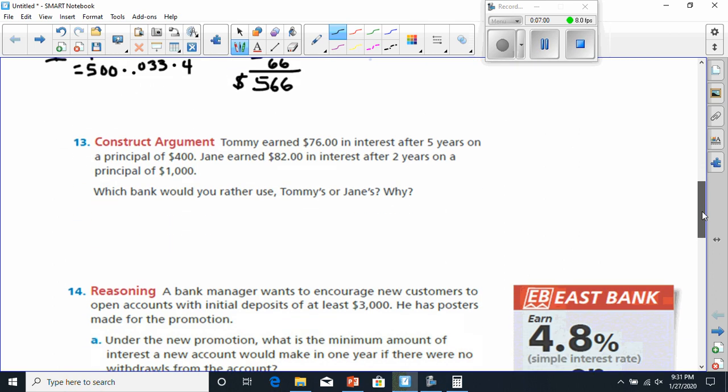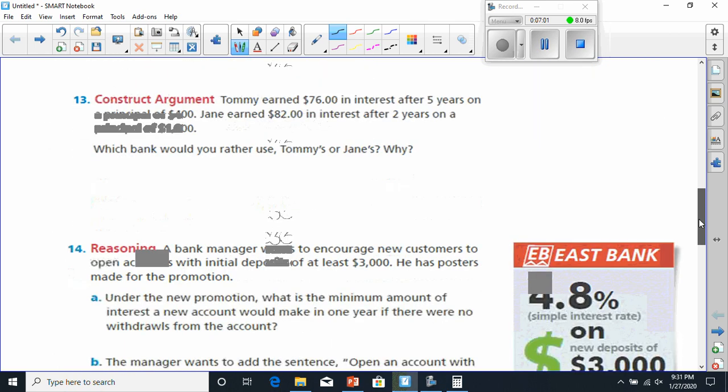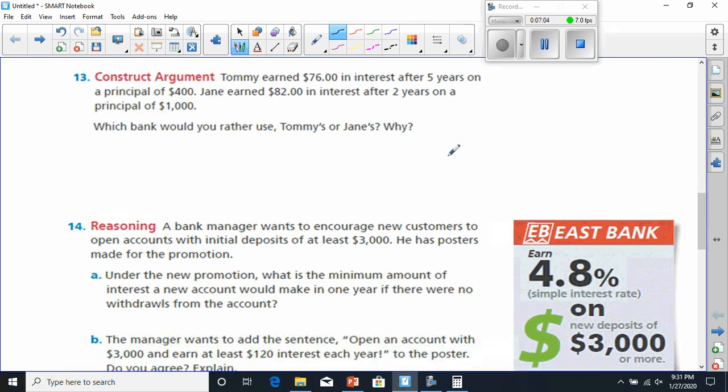And we're moving off to, you got 12, so I've got 13. It says Tommy earned $76 in interest after 5 years on a principal of $400. And it says Jane earned $82 in interest after 2 years on a principal of $1,000. Which bank would you rather use? And I know what you're thinking. Mr. Mendez, if I use this formula that you gave me, I equals PRT,